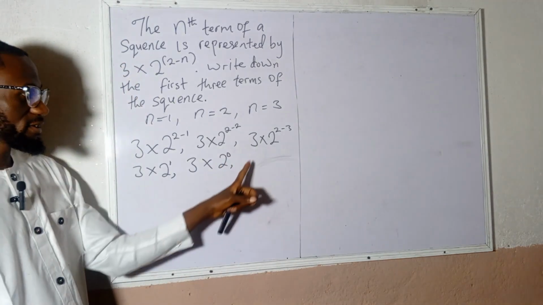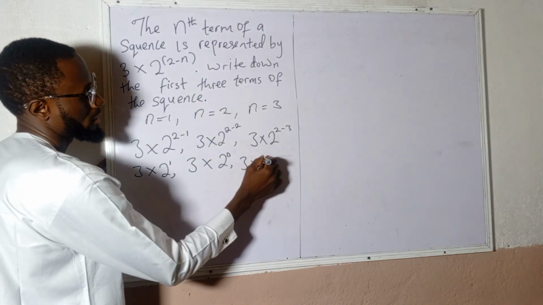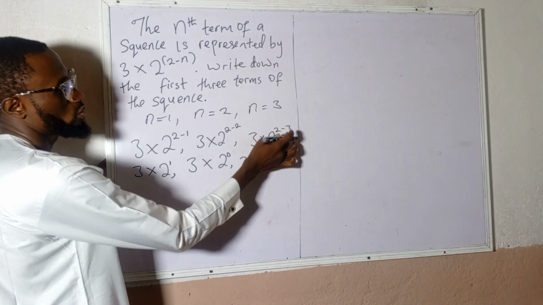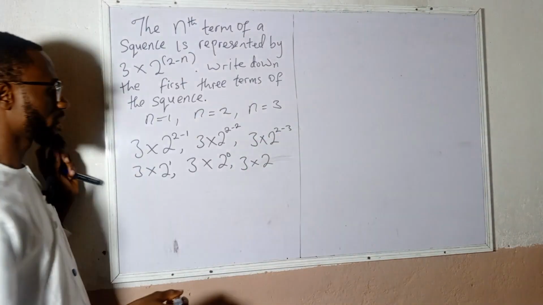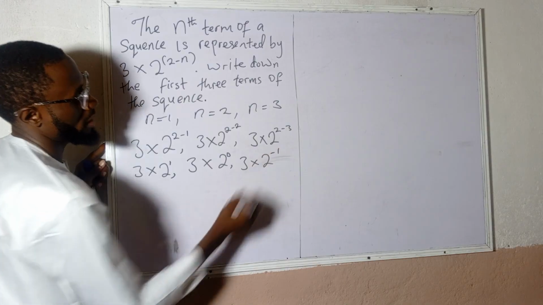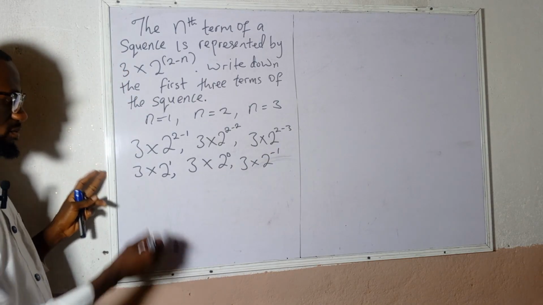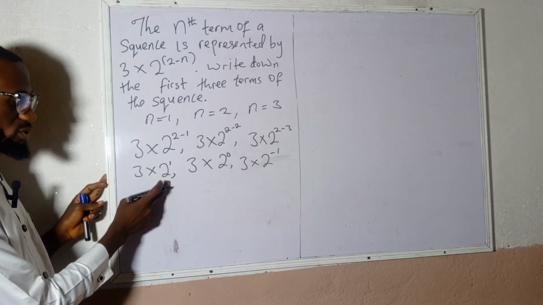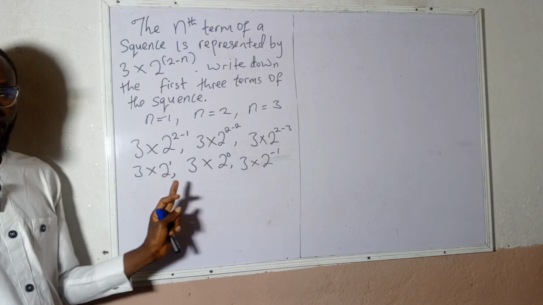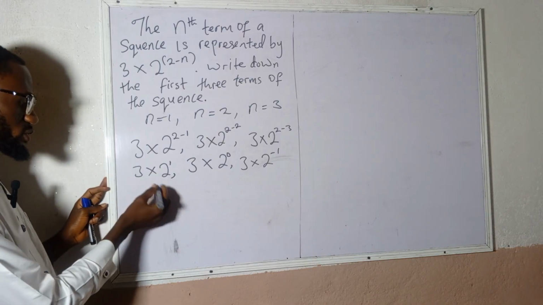Then we have 3 times 2 raised to the power 2 minus 3. 2 minus 3 here gives us minus 1. Then the next thing to do here, we can simplify as 3 times 2. Any number raised to the power 1 is the same as that number. 3 times 2 here we have